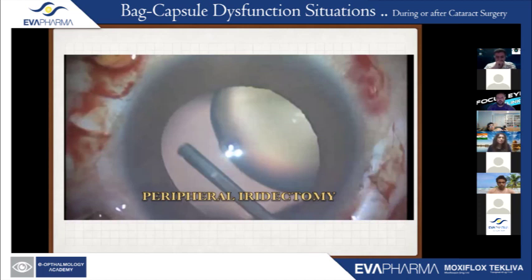Now, this is a very tricky situation because then you might create an iridodialysis. If you try to come up much more anteriorly and do a sclerotomy, the moment you go in, you might hit the base of the iris. So in order to avoid that, what we do is create a small peripheral iridectomy with the vitrectomy